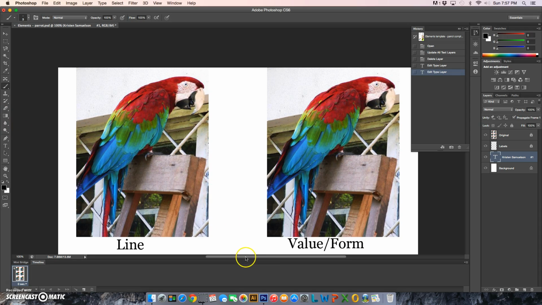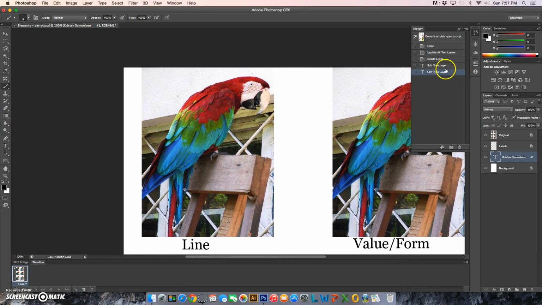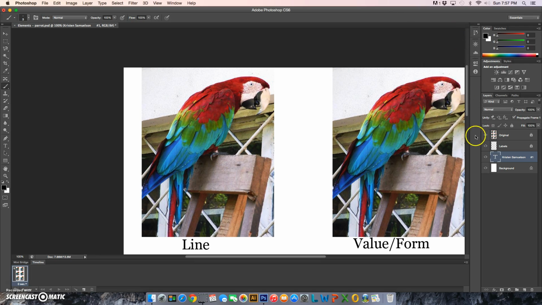line. Okay? Now, we can't just start drawing because we have these layers, and these layers are locked and you can't draw on a text layer. So we want to create a new layer, and we're going to create a new layer for each of these that we draw. So I'm going to go ahead and click on the new layer icon down in the bottom right corner of my layers panel. It creates a new layer that I can then rename line,